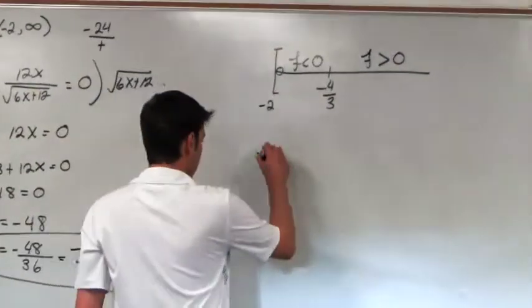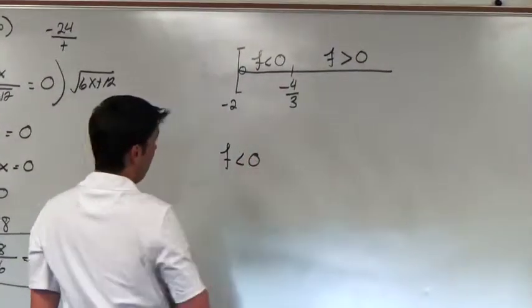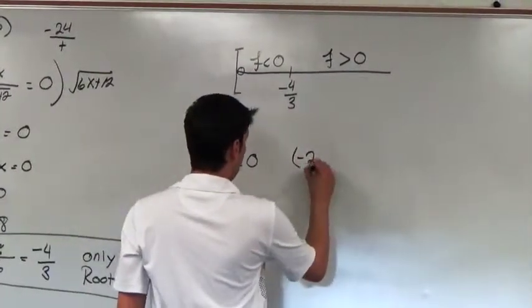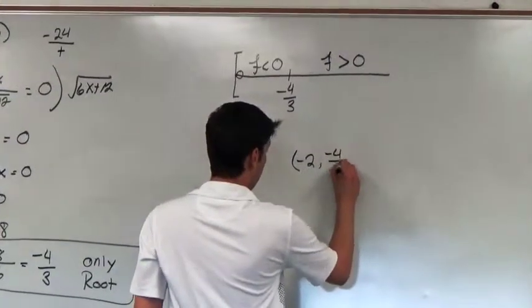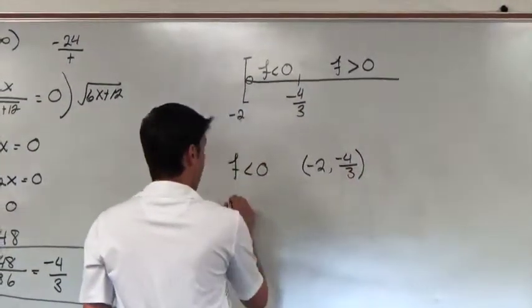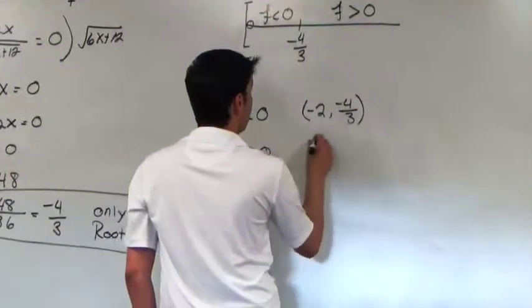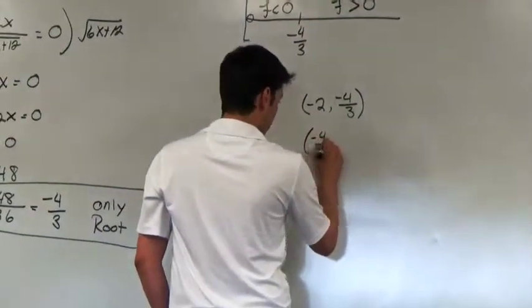So give your answer in interval notation. So f is less than 0 from negative 2 to negative 4/3, and f is greater than 0 from negative 4/3